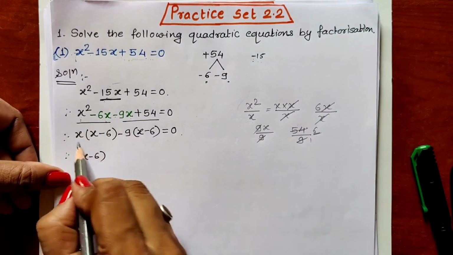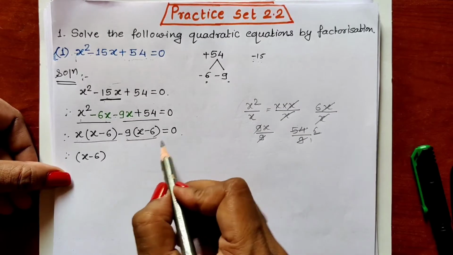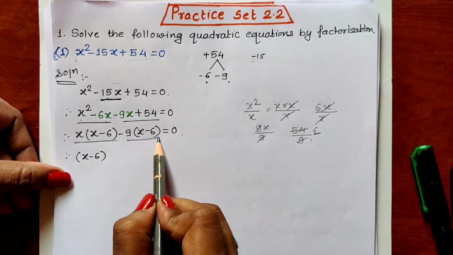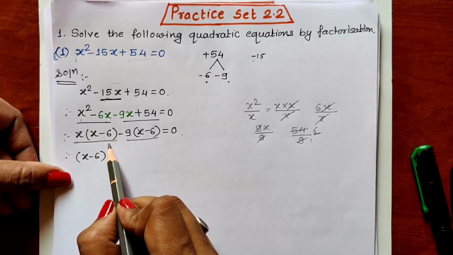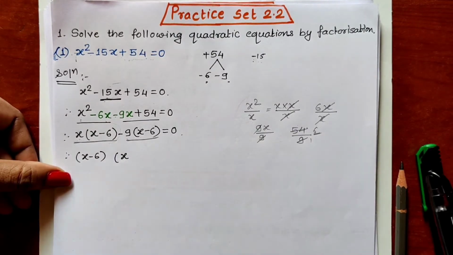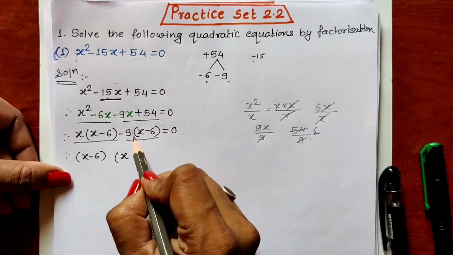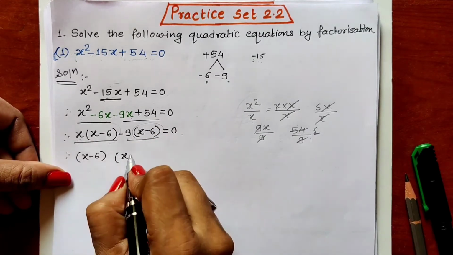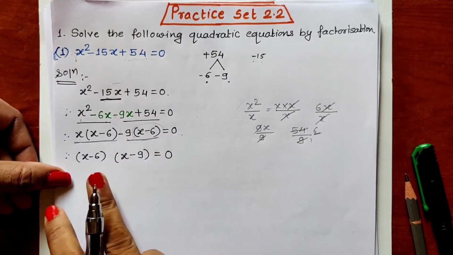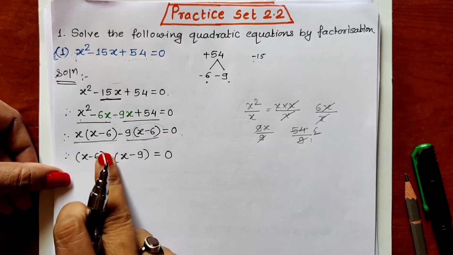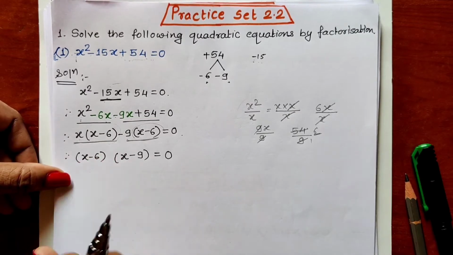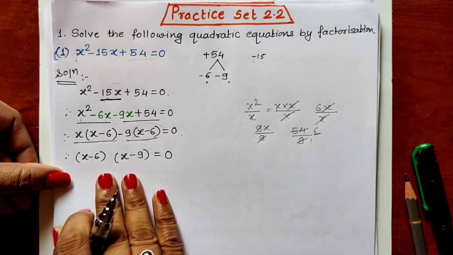Now in the third step we are getting only two terms, the first term and the second term. From the first term we have taken out x minus 6 common, so x is remaining. That x we write inside the bracket. From the second term we have taken out x minus 6 common, and minus 9 is remaining. That we write inside the bracket, equal to 0. So in the fourth step we are getting these two brackets. There is no sign in between these two brackets, and no sign means multiplication of these two brackets. Okay, till this I hope you all have understood.